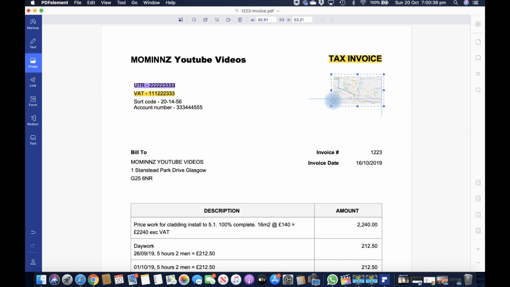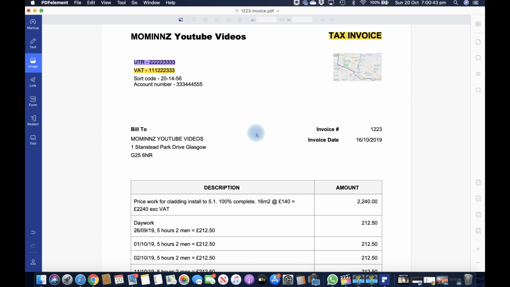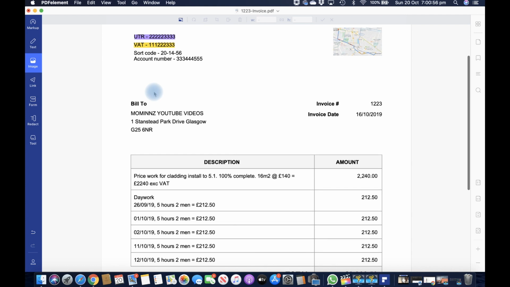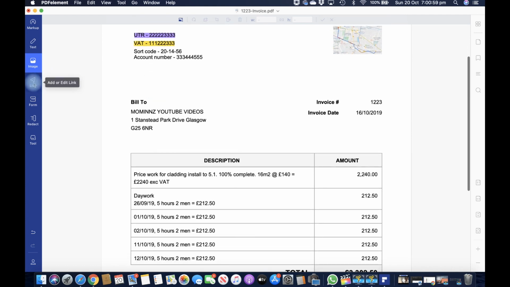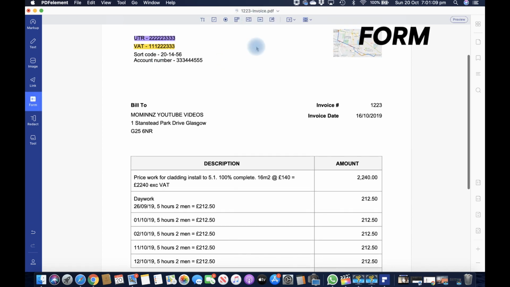In my case, it's just a test map which I've put in, so it's got nothing to do with this invoice, but you can get the feel of what this software can actually do. You've got the ability to change your text, you can add pictures, you can do all sorts of other stuff. One of the features which I really like is you can also add a link to it, and a form is a really nice feature. So if you have a PDF form for your customers and you're building up a form, what you can do is you can add a